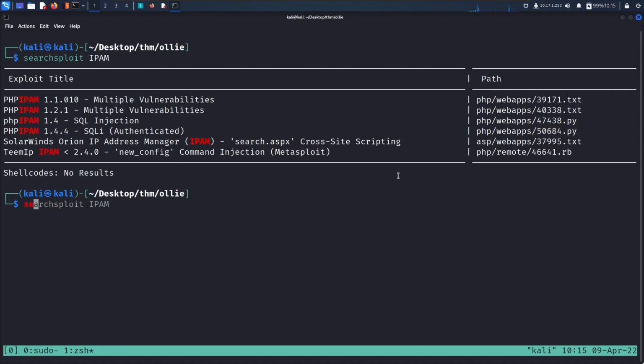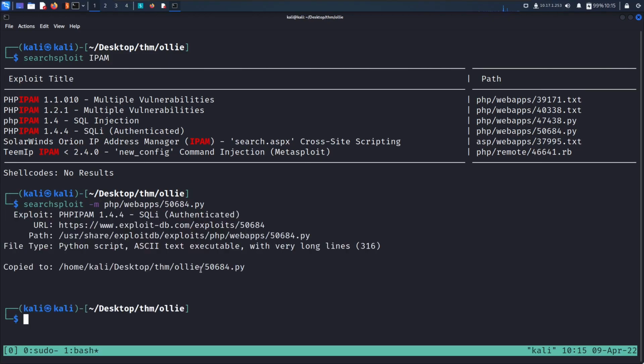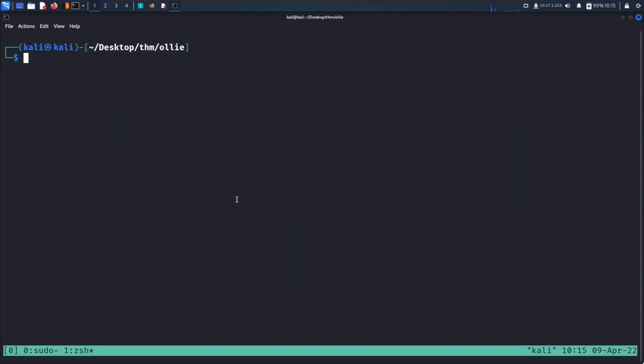Okay, so let's copy this and start the exploit. Let's copy this to our current working directory, and here we have it saved. I'm gonna rename it because this is a lot messy. I'm gonna call it SQLi.py. Okay, so awesome. Let's try running it instantly. So SQLi,